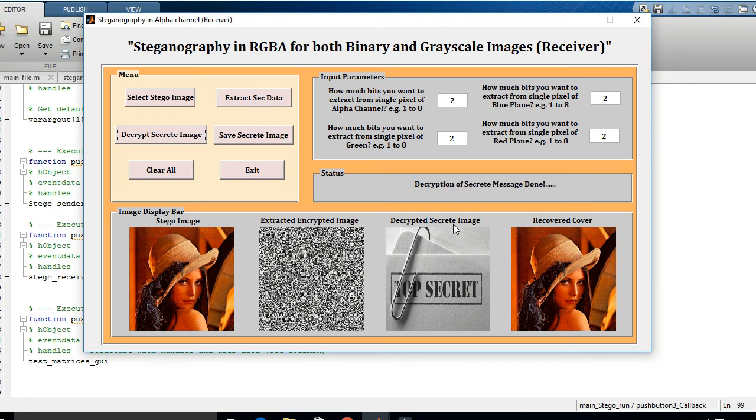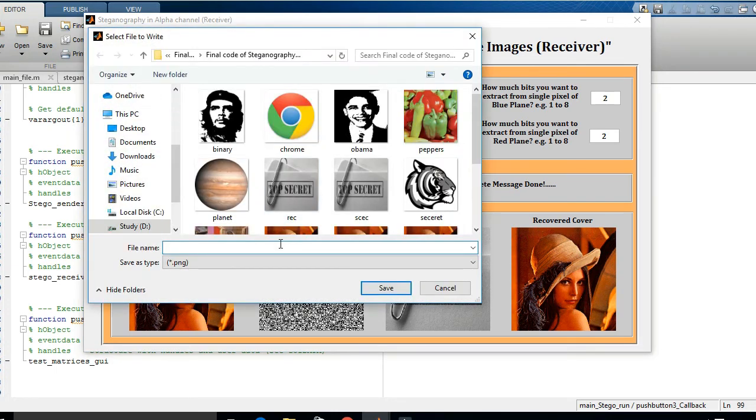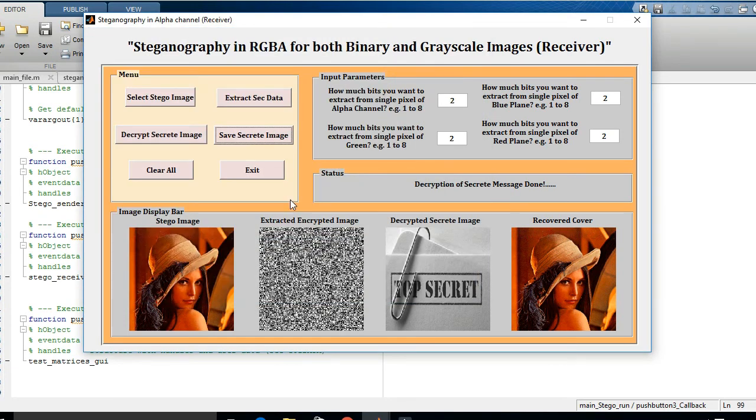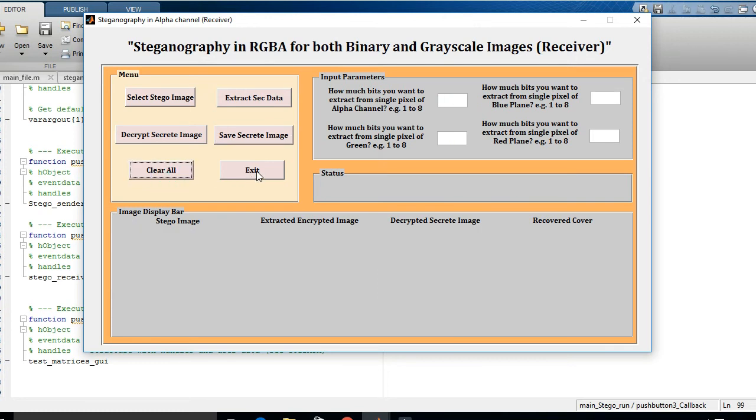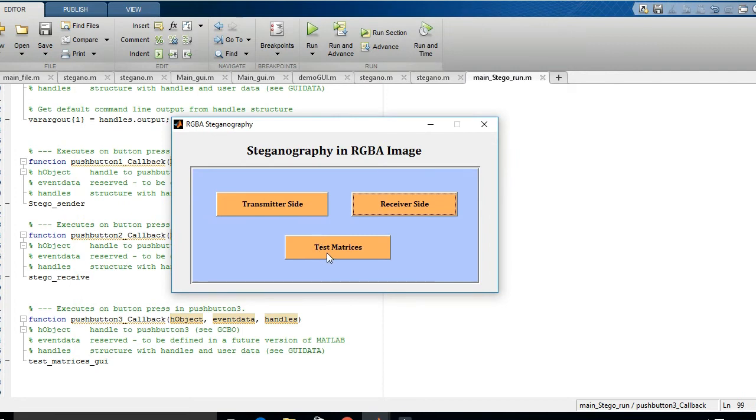Yes, now this is my decrypted secret image, the same image we are getting at the receiver side. Now we are going to save that image by clicking this tab with the name secrec.png. Just click on save. Clear all the content of the graphical user interface and close this graphical user interface.